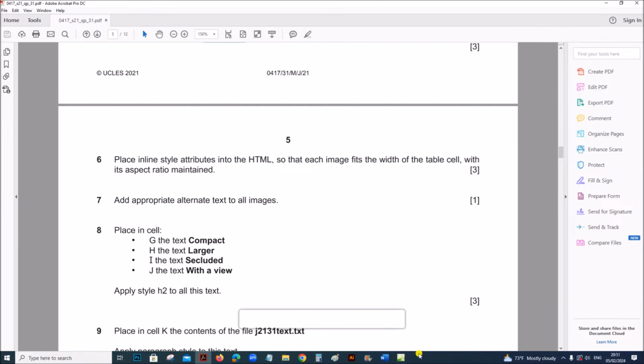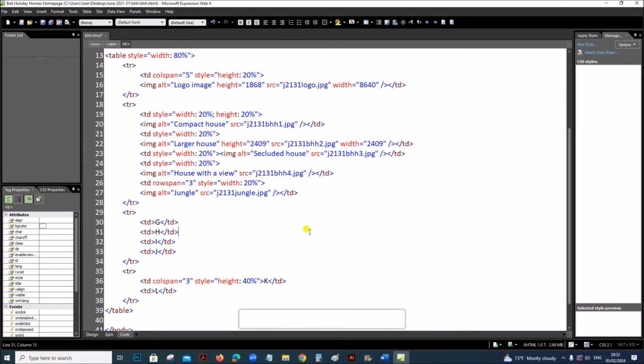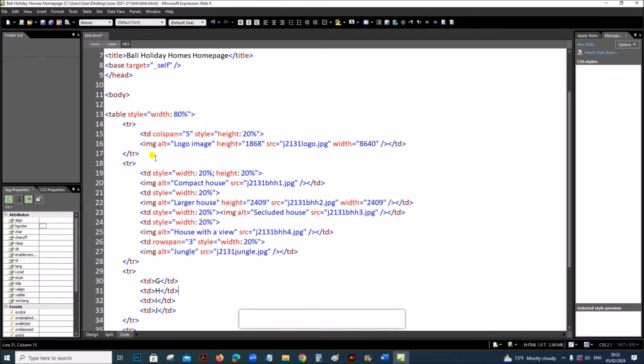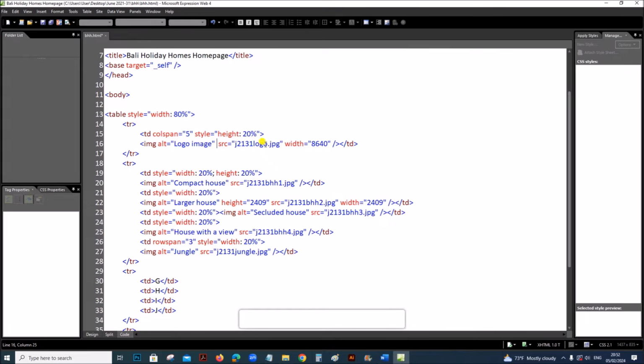So in order to set inline style attributes, we have to go to each image. You can see this is the first image, logo image, and we have to give the inline style. Before giving the inline style, if there is any other dimension, you need to remove that so that the inline style will be applied. So I'll remove the height and width. Now you can give the inline style this way, style equal to